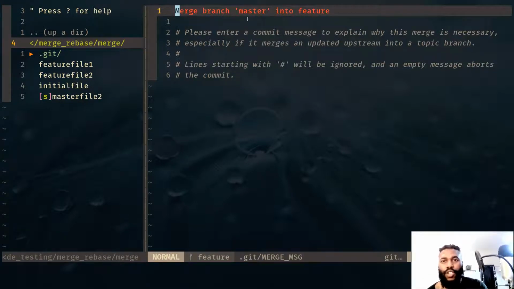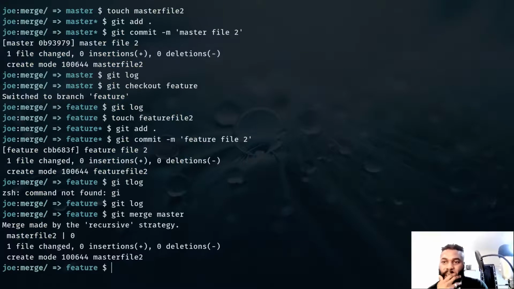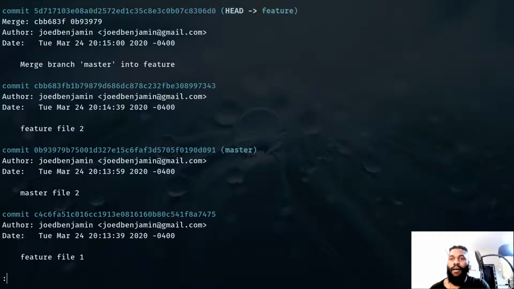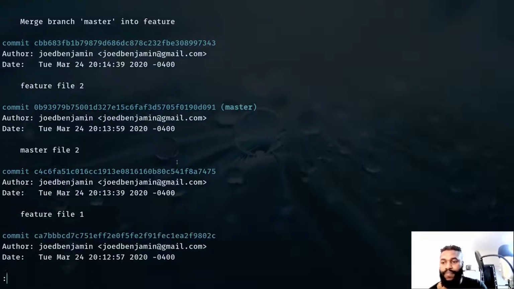But so now we have that. It's pretty much telling us to put in the commit message. Because I'm being lazy and I just don't feel like typing, I'm just going to go ahead and leave it as is. And then now if I do my git log, I can see I have the initial